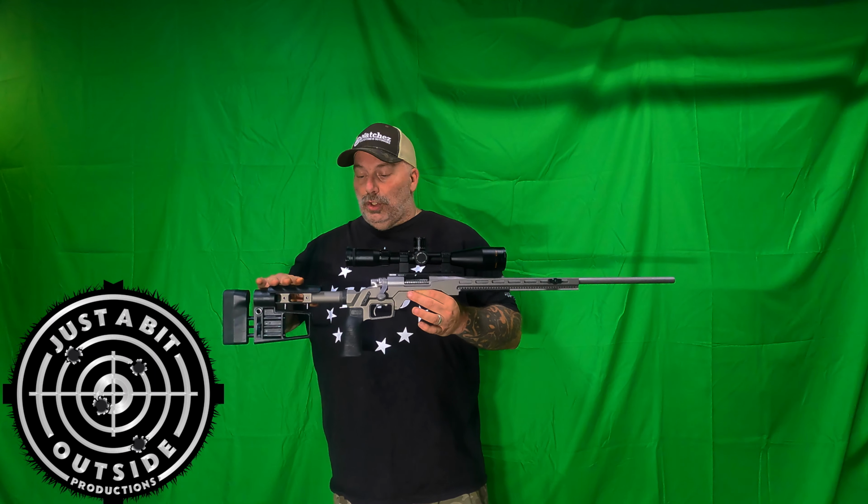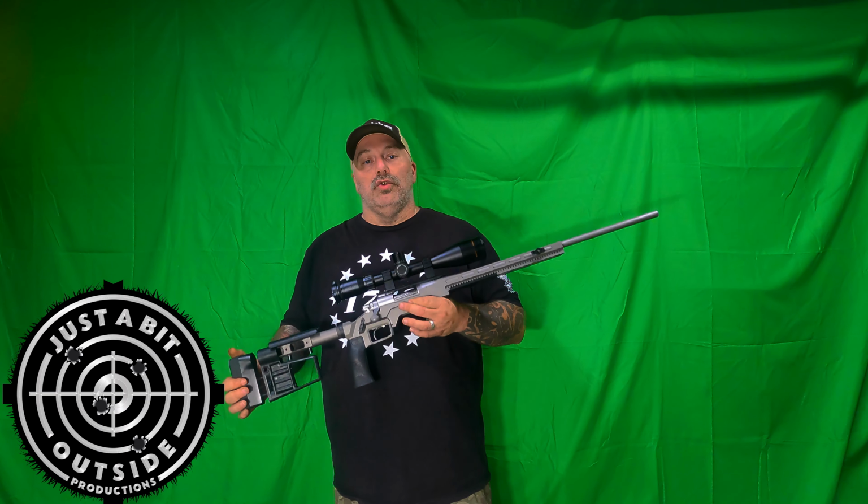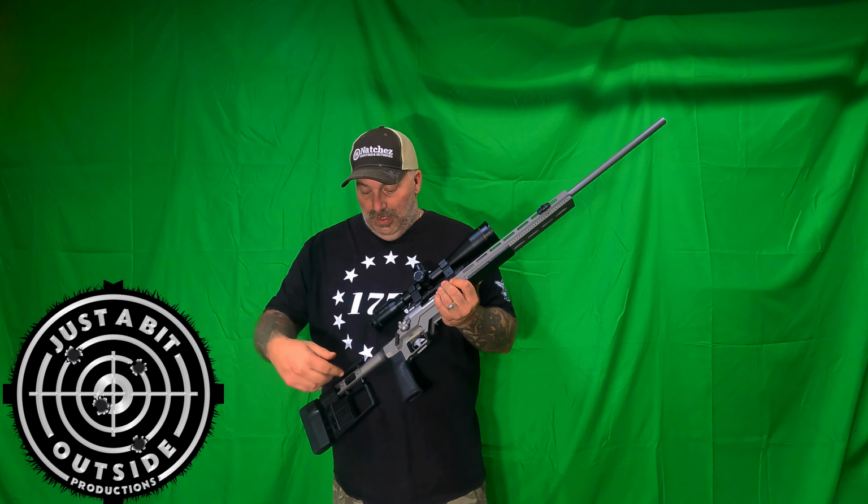Very cool, very light, and I can tell you right now that the chassis, including the buttstock and everything else you see, minus the action, weighs just over 2 pounds. This gun is incredibly light. With the sling attachments on it, you could literally hoof this rifle anywhere. It's already amazingly light. However,